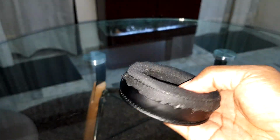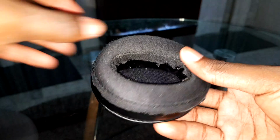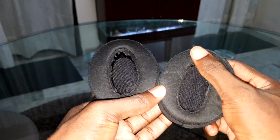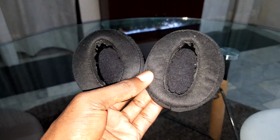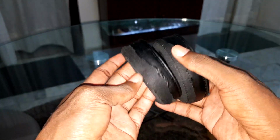What the hell? Excuse me. Look at that. It's also bad. It's not good. Look at the buff now. What do you think, bro? This is what I'm talking about. You need to buy a new headpad,